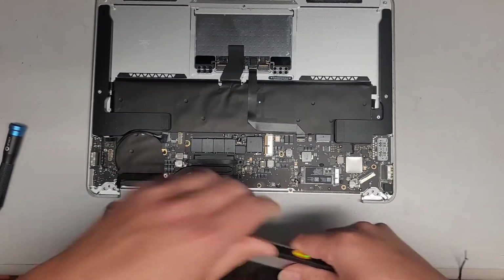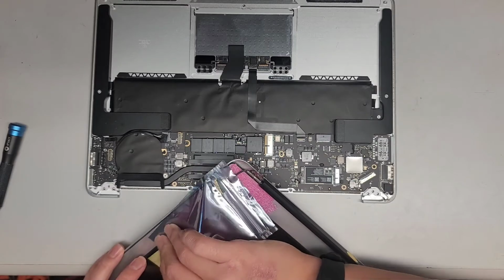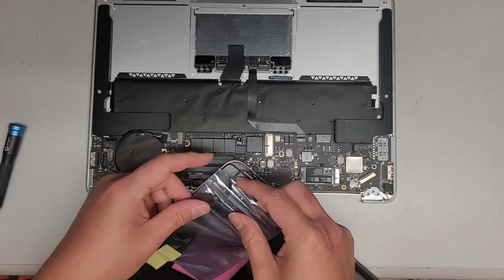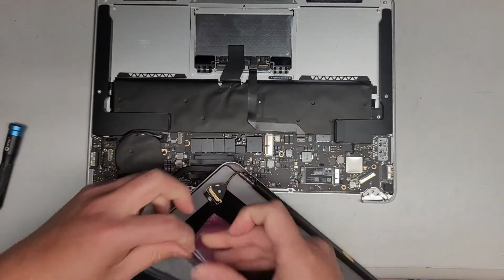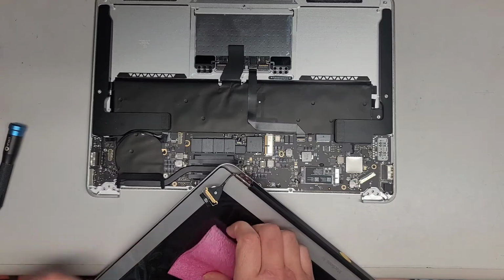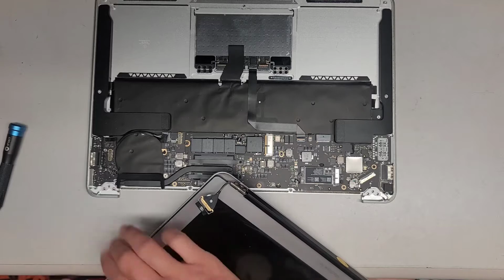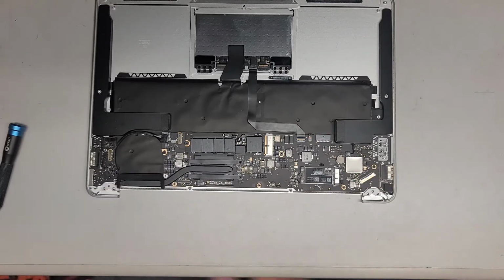This one has a little extra foam padding. The other one didn't have foam padding underneath each of these. Alright, let's go ahead and open this up. Get that out. Alright. Okay, let's see. Hopefully this one will actually